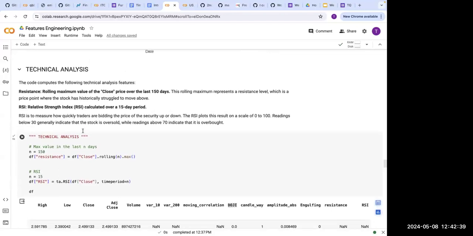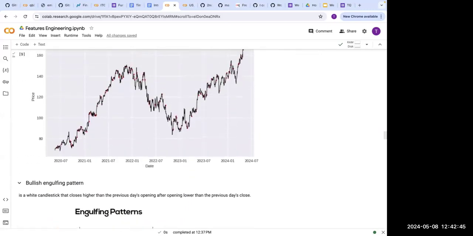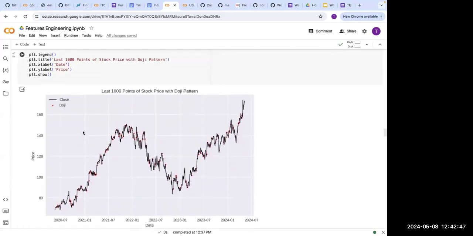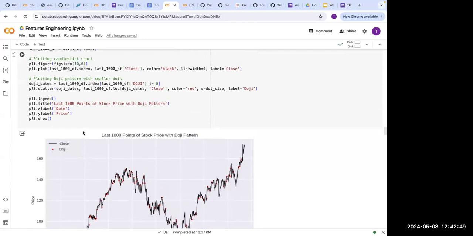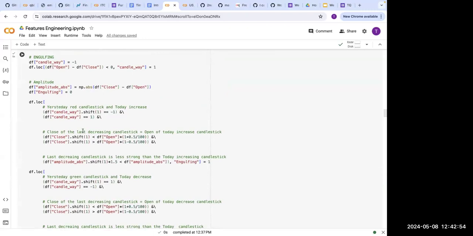This is something that can be done in the markets that you usually invest in. If you see an engulfing pattern, you see dojis, you can make investments accordingly. So that was about the feature engineering part. Any doubts in here? I would continue to the next topic that was actually planned for this week.